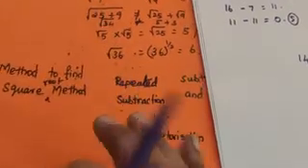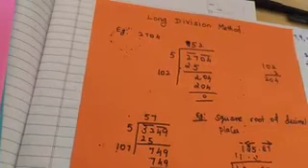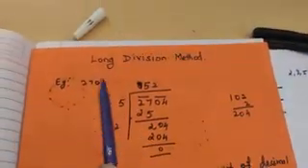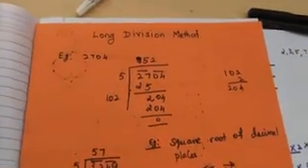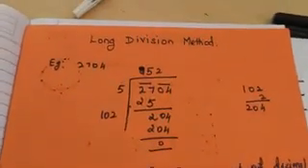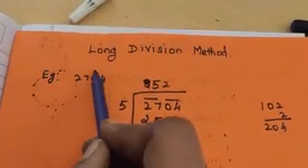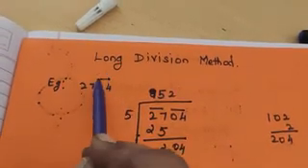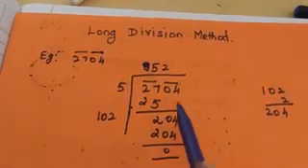Now we are going to solve with the next one, the long division method. This is more important and easy to solve for any type of number. Long division method. For example, the given number is 2704. Step 1 is that you have to make pairs among the digits. If it is a whole number or an integer, you make the pairs from the beginning. Under the bar, which is this line, you make two digits as a pair, right? So now we made it.